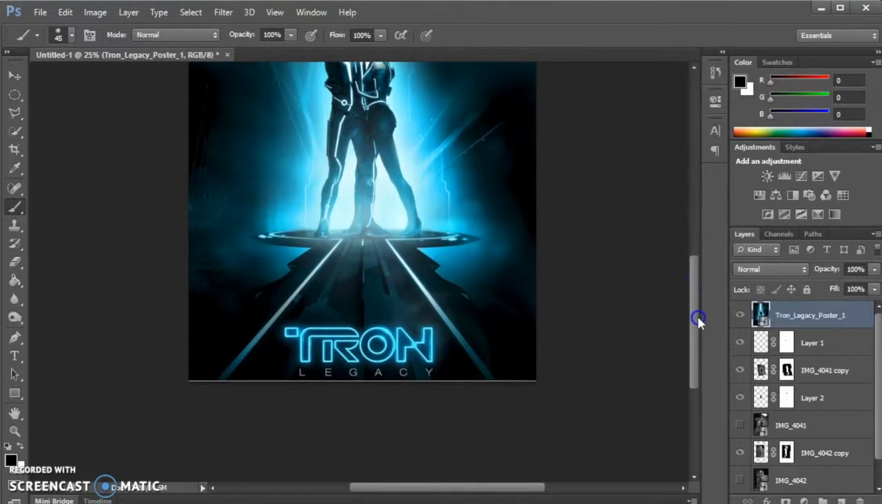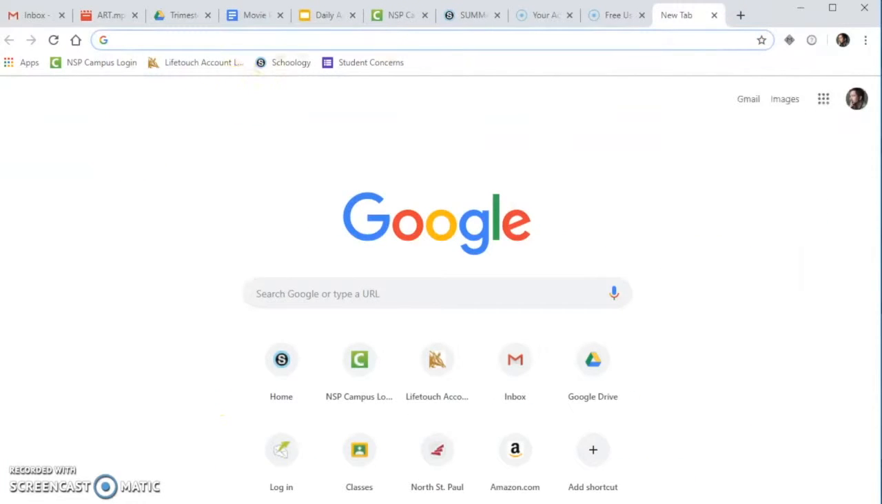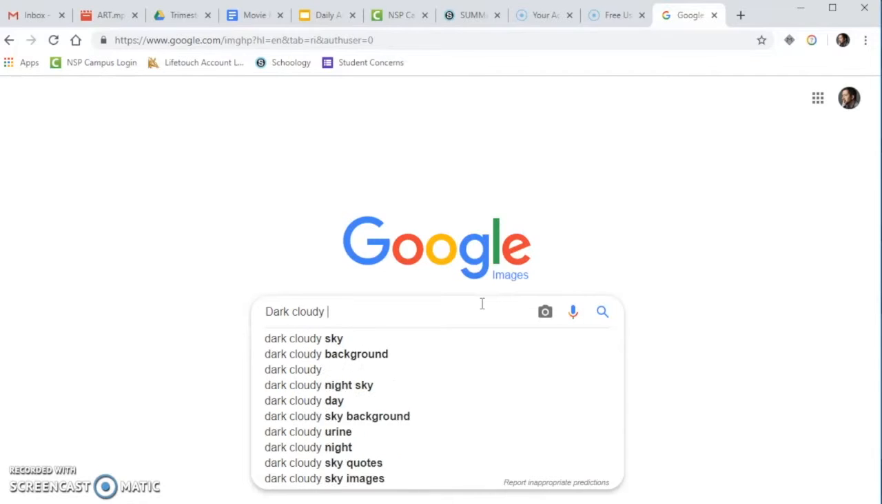You've got to start by deciding what kind of images you need to find. I think the first thing I'm going to do is try to find the cloud background, and then from there probably some buildings and some lightning bolts, and then we'll start building. To do an image search, go to Google, click on images, and start searching for something. In this case, I'm going to put in some dark clouds